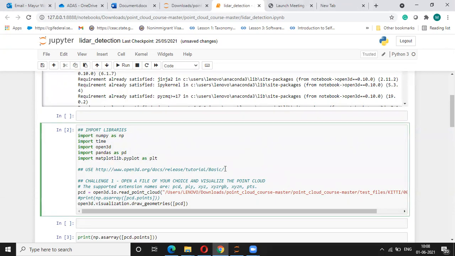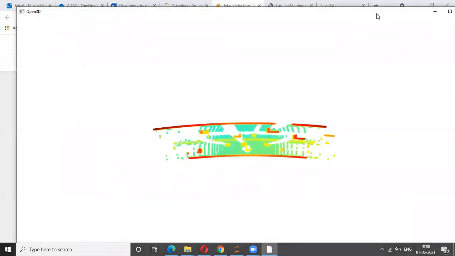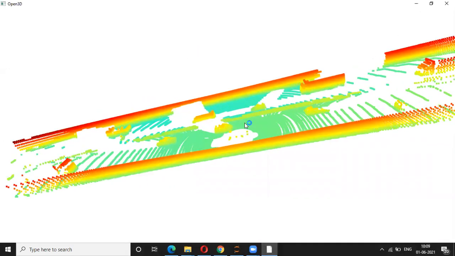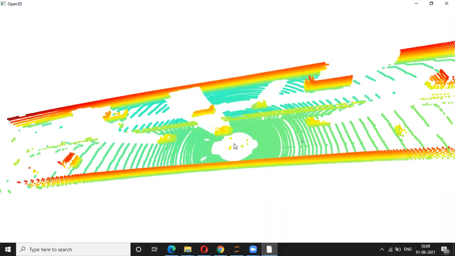The next thing is we need to read the point cloud from this path, stored at this location, using the command Open3D read point cloud, and this will be stored in this variable, and that's something we have to visualize. Open3D visualization, draw geometries. Okay, so this is something I'm going to do right now. So as you can see, this is the result that we are getting. This is the position of our ego vehicle, and these are the positions of the other vehicles that we are seeing over here.